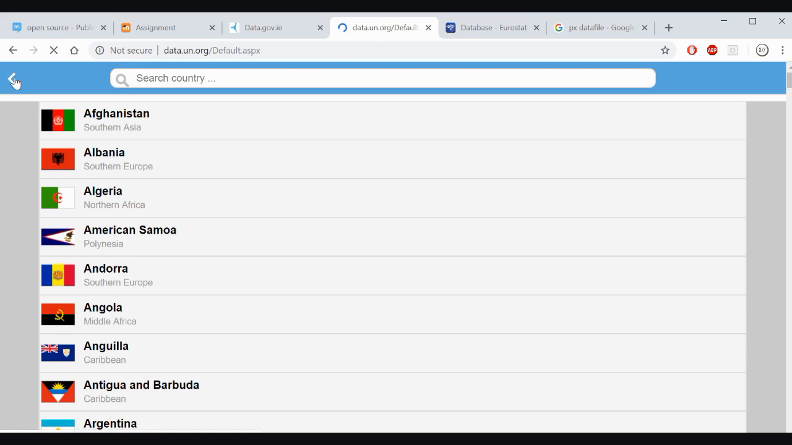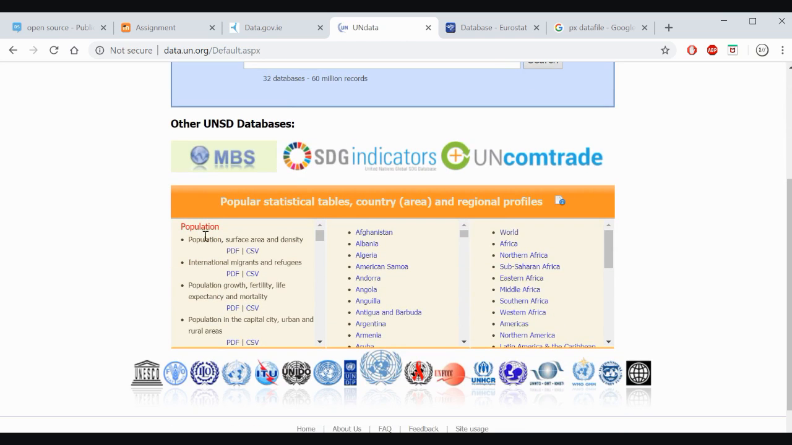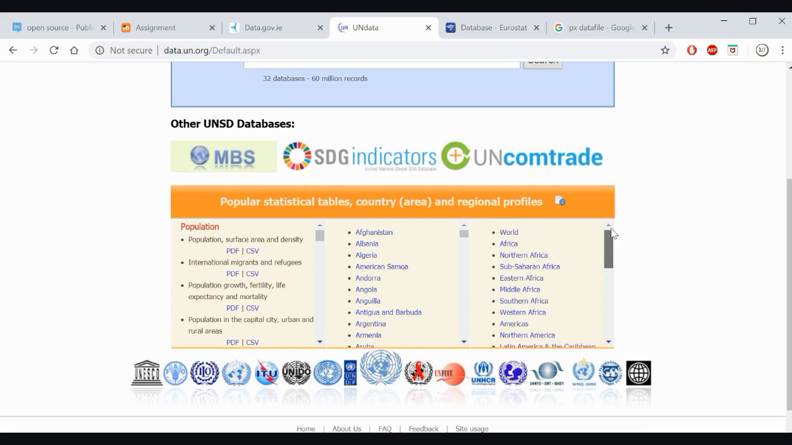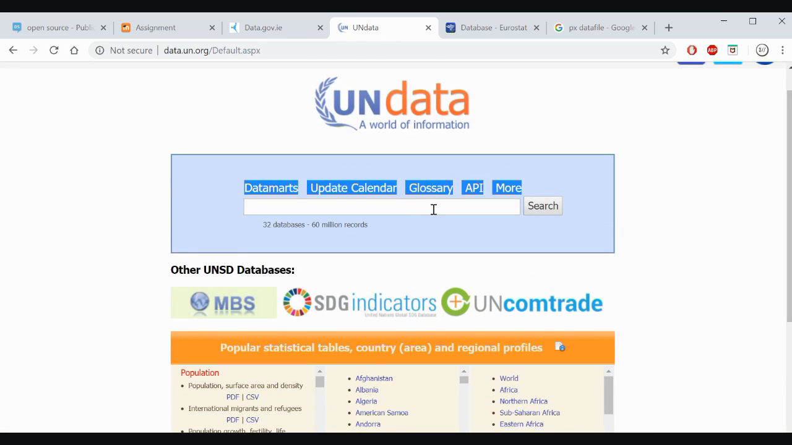the first two categories that this UN data portal has shown us are the world population as a whole and individual countries, and you can even go down into the continents, which is here in the last table. If we want to use the search engine above, we can. They have 32 databases and 60 million records. If we just type in the word climate and press search,